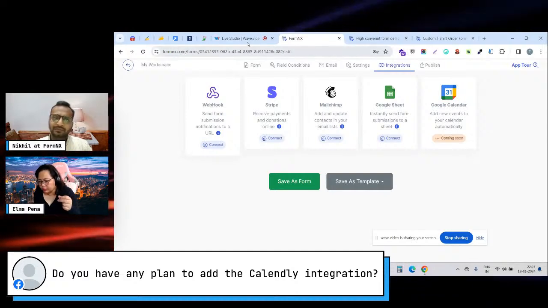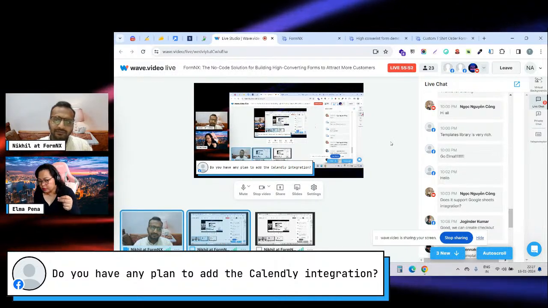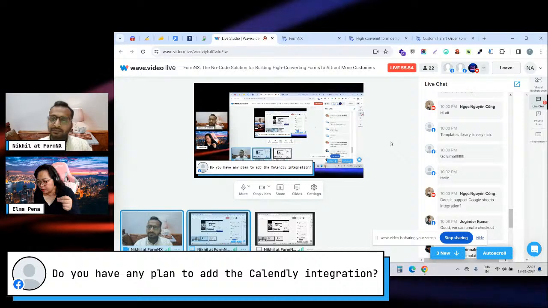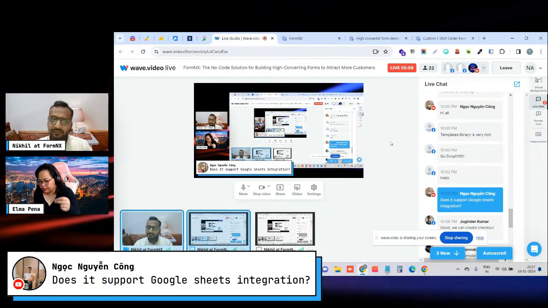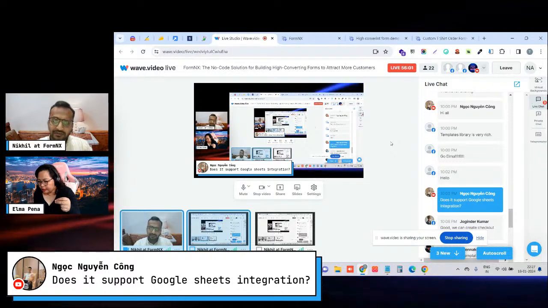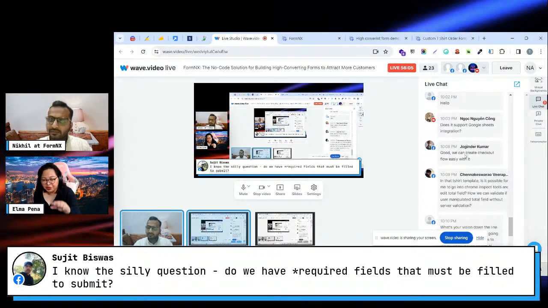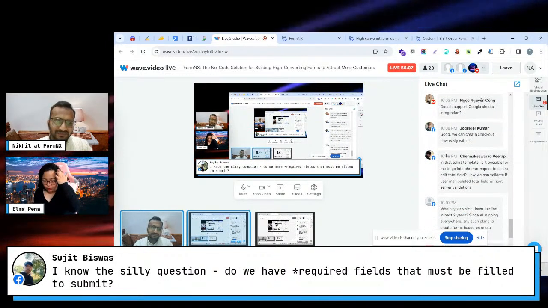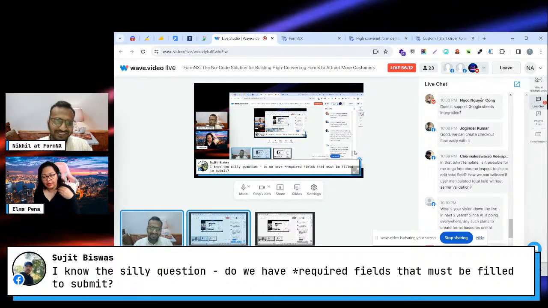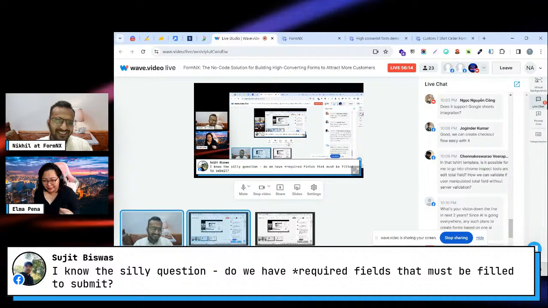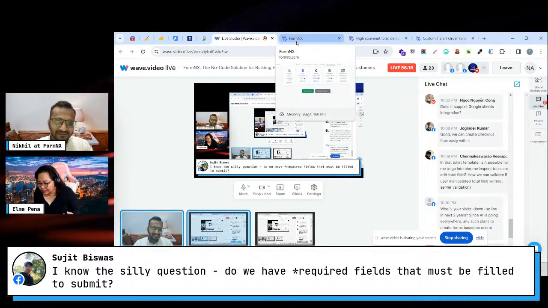Okay, so does it support Google Sheets integration? Yes, it does. This isn't a silly question. There's no silly question here. Do we have required fields that must be filled to submit? Can we mark fields as required? Yes, definitely you can do those. Okay. Next is,